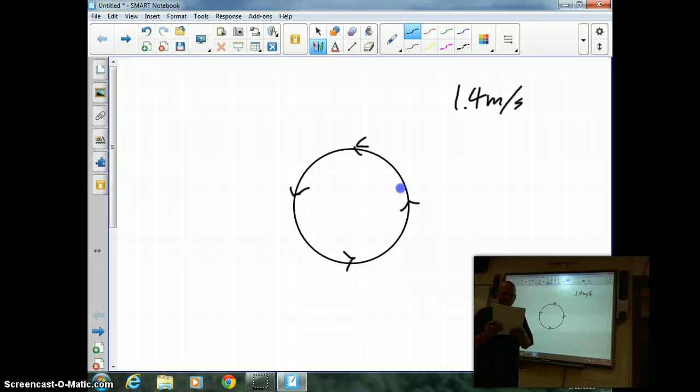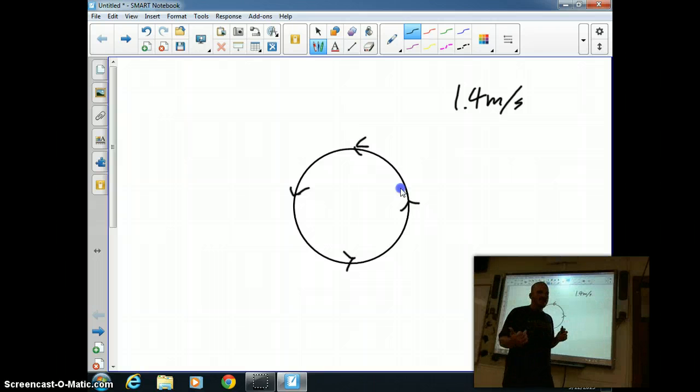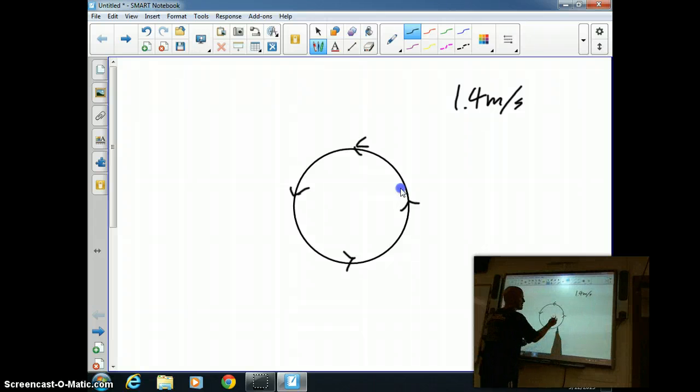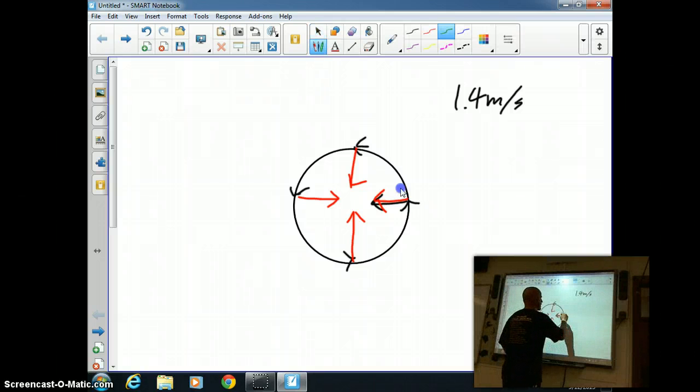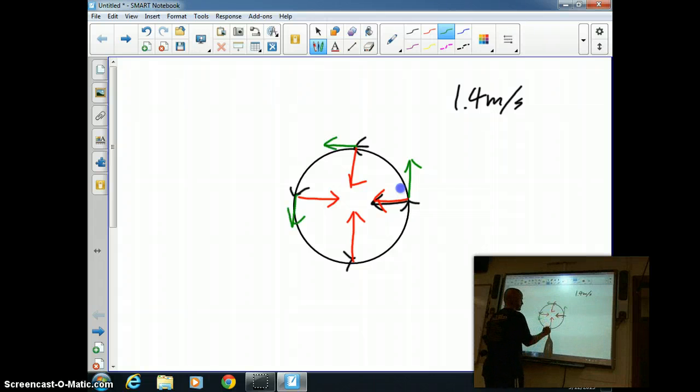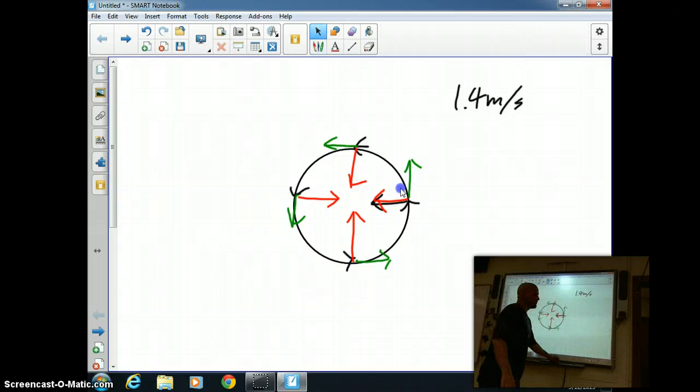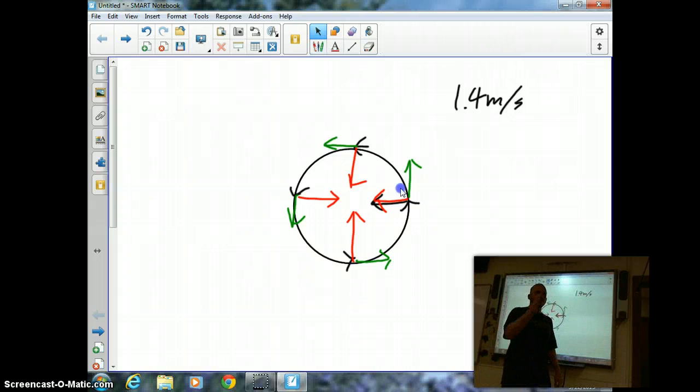because it's constantly accelerating. Now, which way is it constantly accelerating? It's constantly accelerating, I'm going to use the red for accelerating, towards the center of the circle. And at each instant, its velocity is perpendicular to its acceleration. So, the entire time, the velocity is wanting to go straight ahead, but something is pulling it towards the center